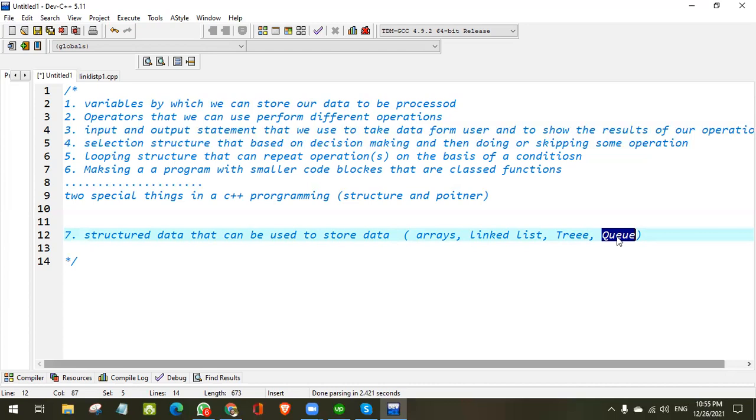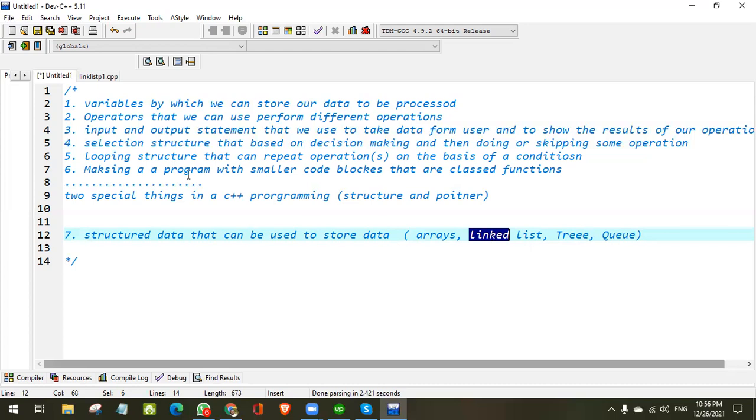So these are different things. On the basis of our requirement, we will decide whether to use a linked list, array, tree, queue, or some other data structure.